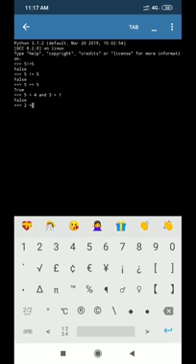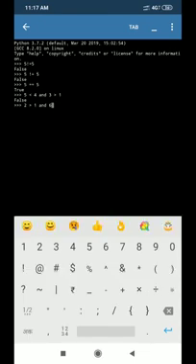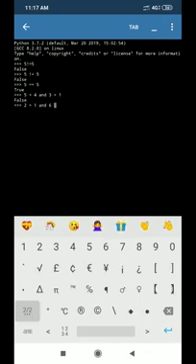One more. See, 2 is greater than 1, true, and 6 is greater than 3 is also true.